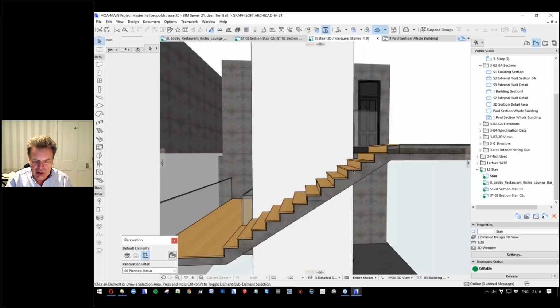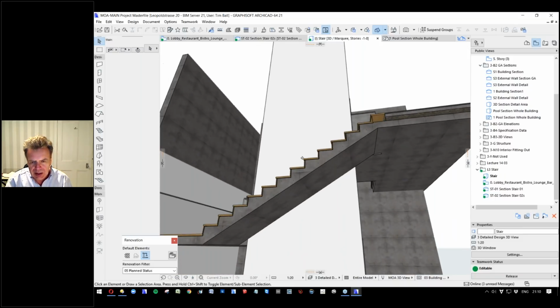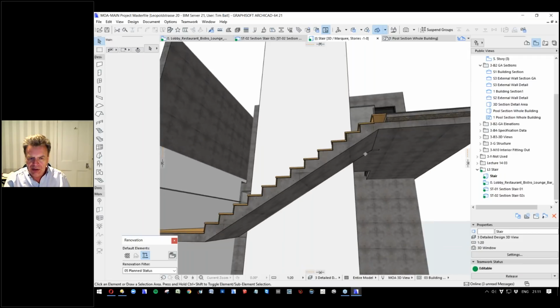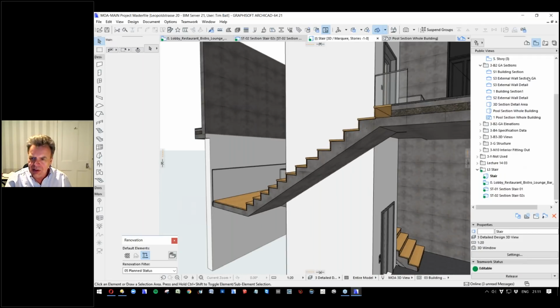The other thing, which is a question really, I don't think that there's a way of actually putting a finish on the underside of these stairs. If we want to put plaster on, because there are some buildings where you just have exposed concrete, or you'd take the concrete and paint it. But if you're doing a high quality building, you're going to want to put a finish on the underside. So that's something I thought is probably worth looking at, how we would do that,